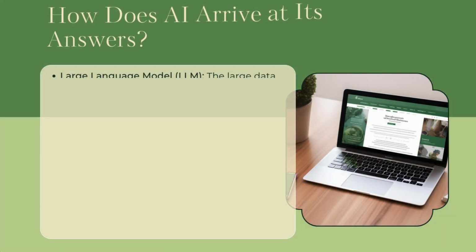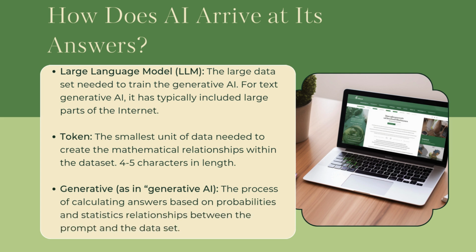Here are a few helpful terms. An LLM, or a large language model, is the underlying system trained on billions of words, usually scraped across the internet. A token is a small unit of language, about 4 to 5 characters, that helps the AI process text and make predictions. So generative, in this context, refers to the AI's ability to generate a new response based on probabilities,